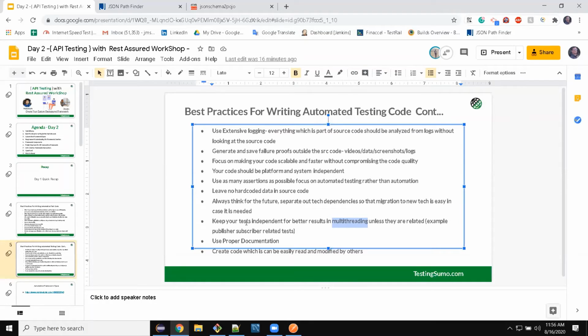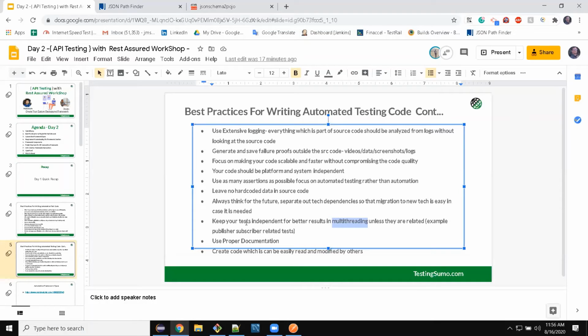But if they are dependent, you need to check a lot of things, like this is dependent on this method, I need to take this also, I need to take this also. And in these migration things, you see a lot of issues and you waste a lot of time. So always make your tests independent. Every test should be independent.